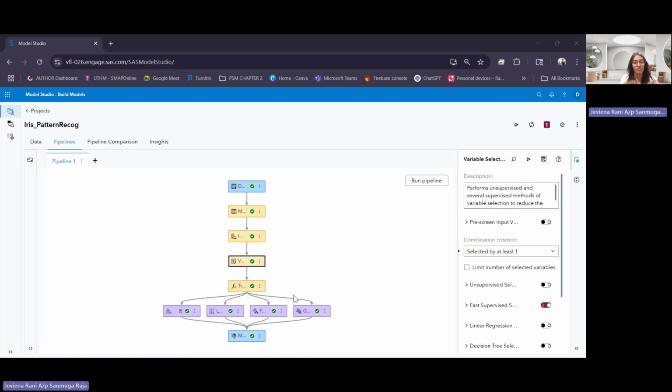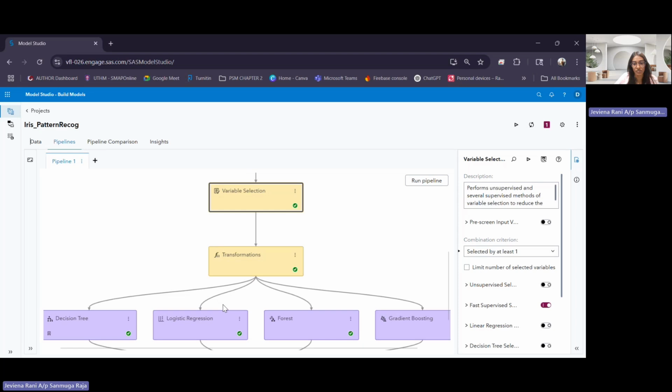So next, we will move on to the model building, where we train 4 different machine learning models in parallel. Firstly is decision tree, and we have logistic regression, random forest, and gradient boosting. The decision tree is chosen for its interpretability, and logistic regression was a baseline model for comparison. Random forest is basically for robust ensemble training, and gradient boosting was chosen for capturing complex patterns through